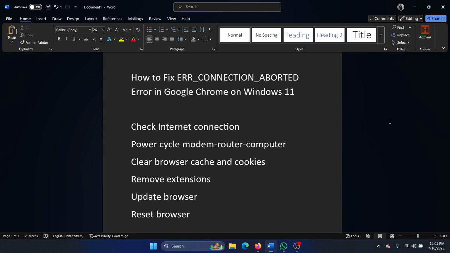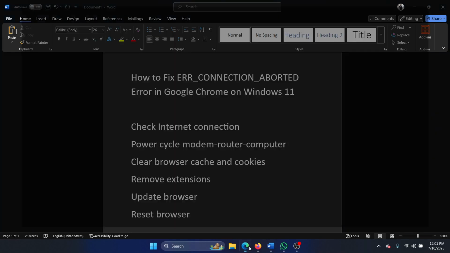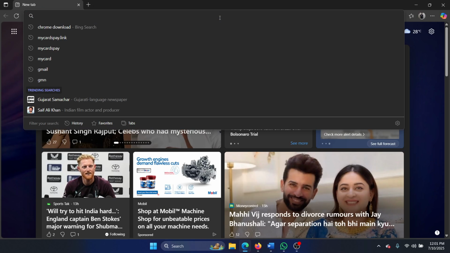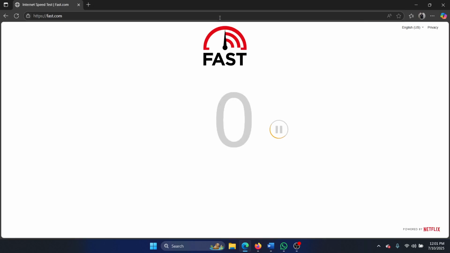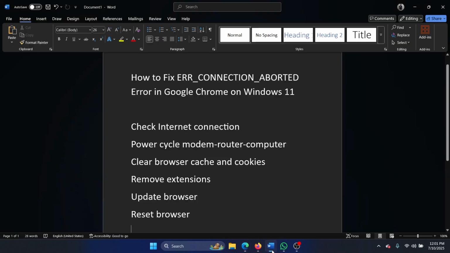So the first solution will be to check the internet connection. Go to fast.com and hit enter and check the internet connection speed here. Is it good enough? If yes, then proceed to the next solution, which is to power cycle the modem, router,